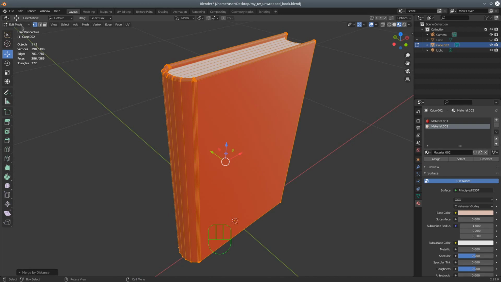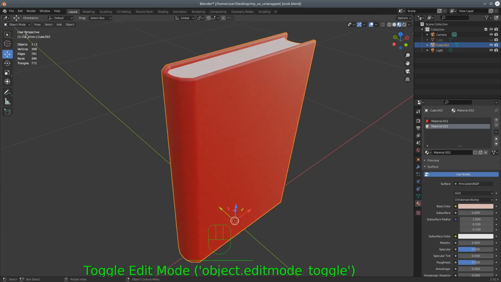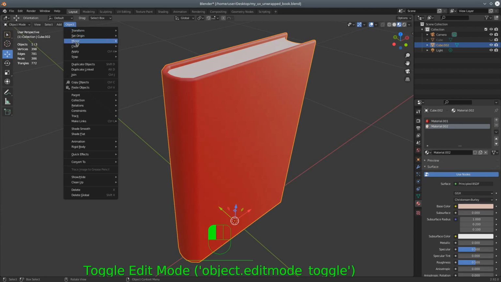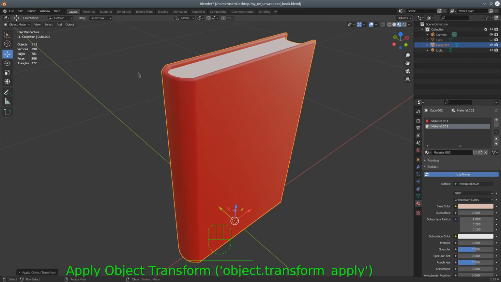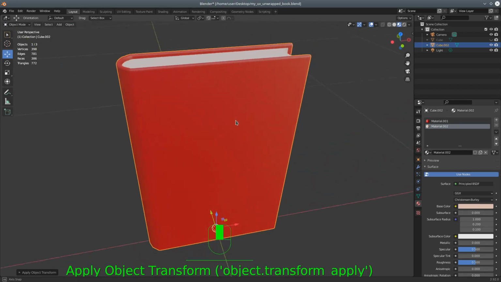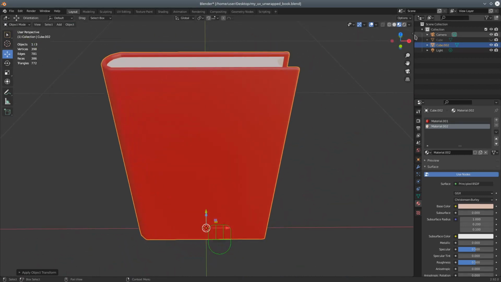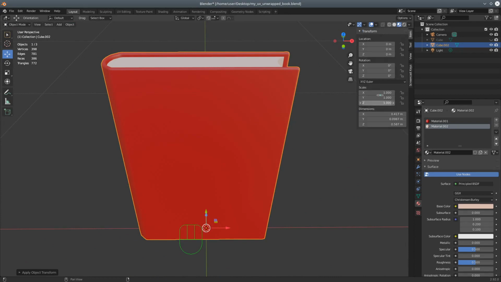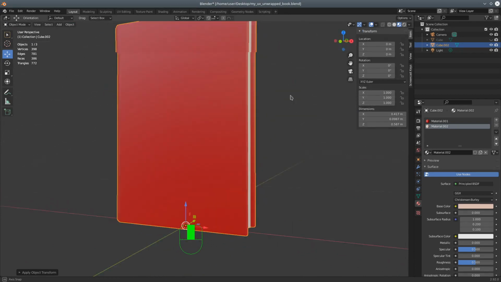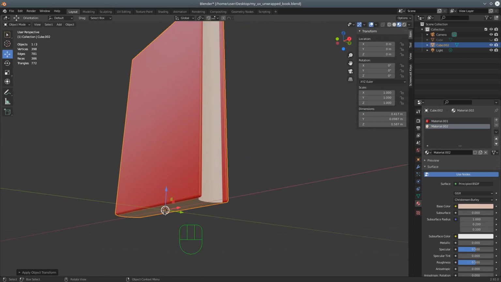I'm now going to go to object mode, and I'm going to go up to object, and I'm going to apply scale and rotation and scale. That will just make sure that my mesh is scaled at 1, and I've also got my geometry point, or